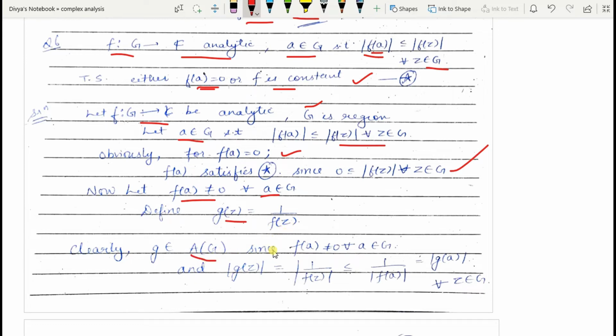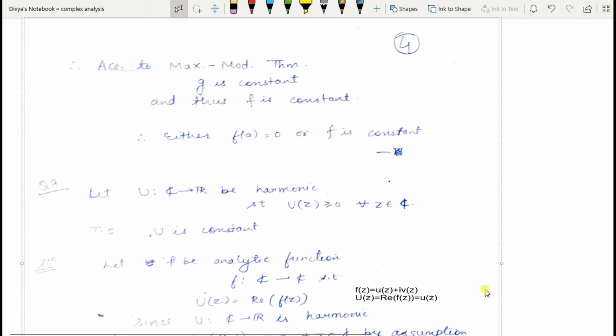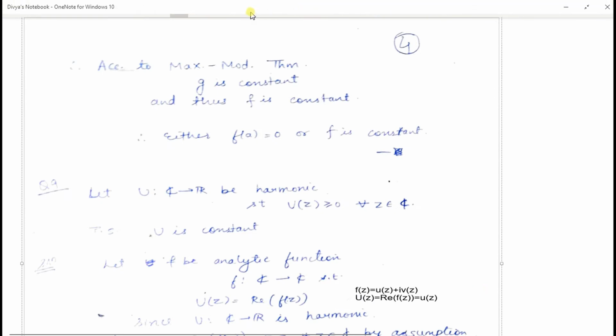So if we are defining the function g(z) as 1 upon f(z), clearly g is an analytic function, since f(a) is not equal to 0 for all a belonging to the domain as per our assumption, right? So we can find the modulus of g(z), which would be equal to 1 upon modulus of f(z), which would be less than or equal to 1 upon modulus of f(a) using this inequality hypothesis, right? And 1 upon modulus f(a) is nothing but modulus of g(a), right? So what we have is that modulus of g(z) is less than or equal to modulus of g(a)